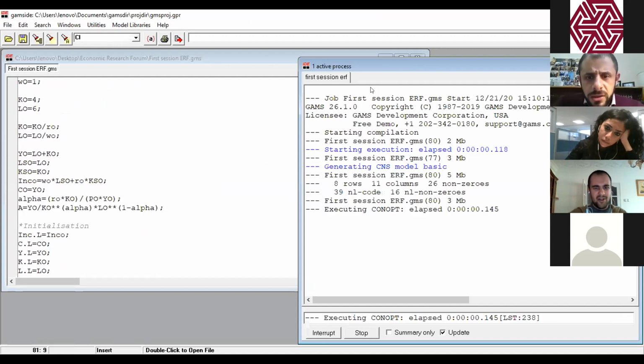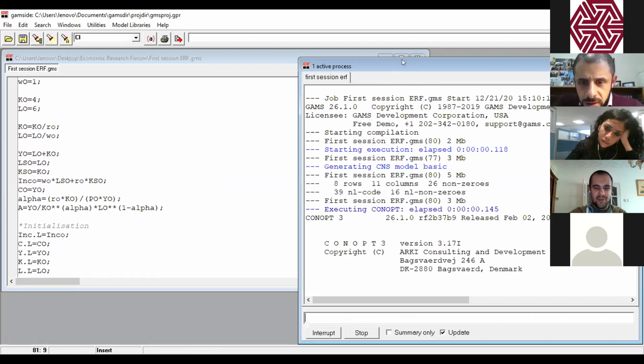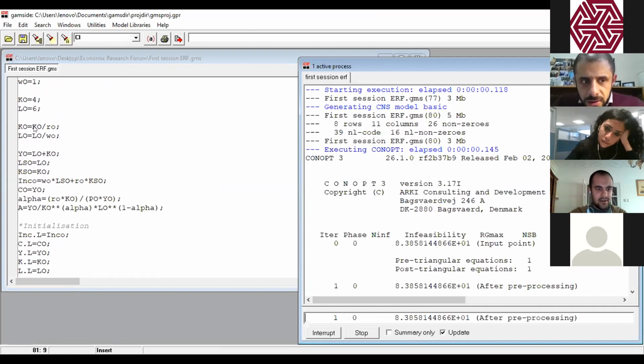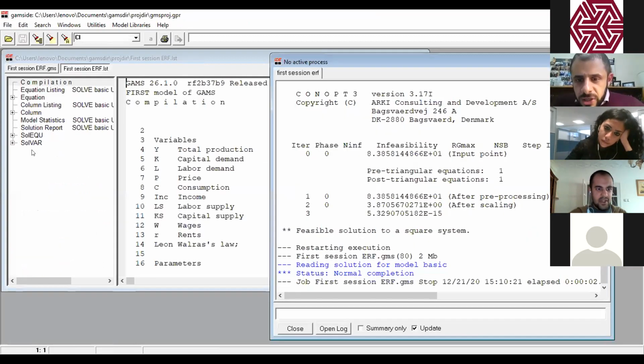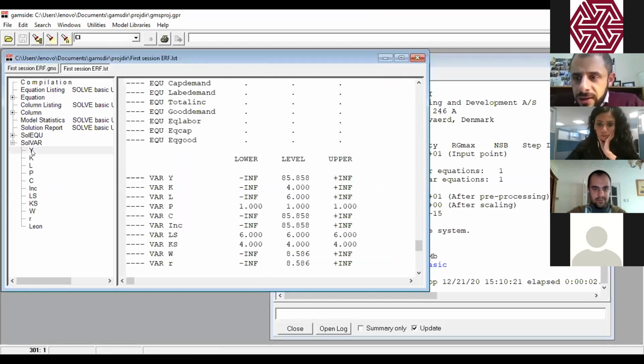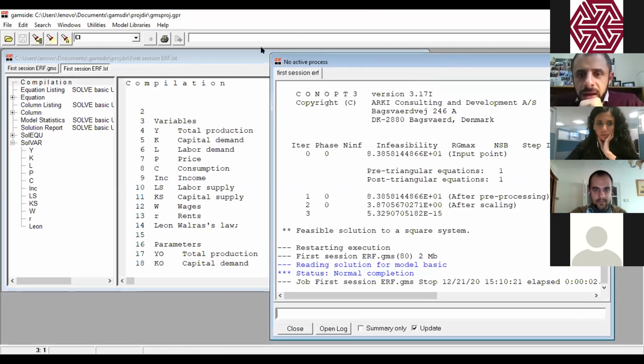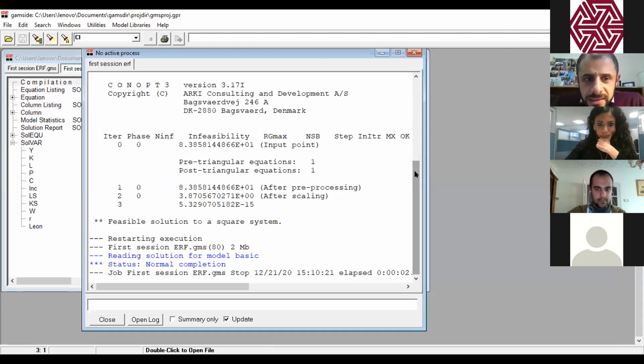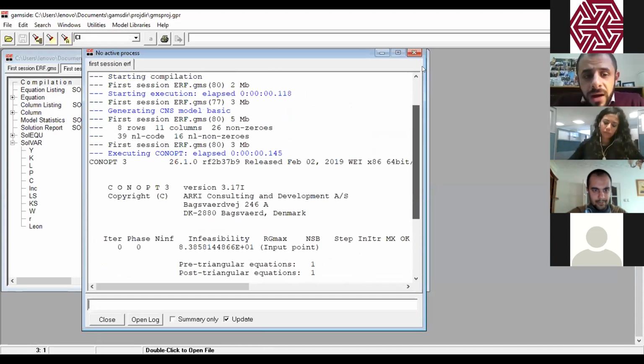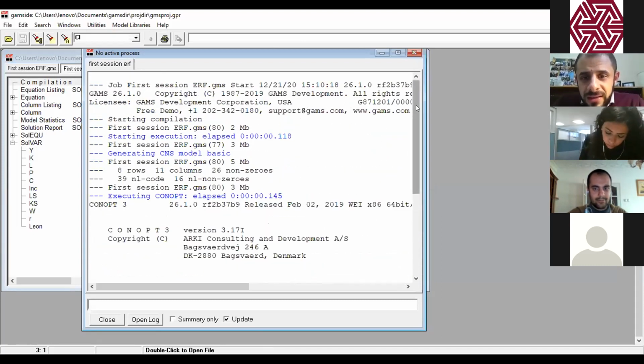That's fine. No problem with that. So now, just a second. So what we obtained here. Please go back to the first dialog box. No, not the compilation, this one. The other dialog box. Yes, this one. As you can see here, GAMS is saying that iter represents the number of iterations. Then infeasibility appears when the right hand side is not equal to the left hand side.